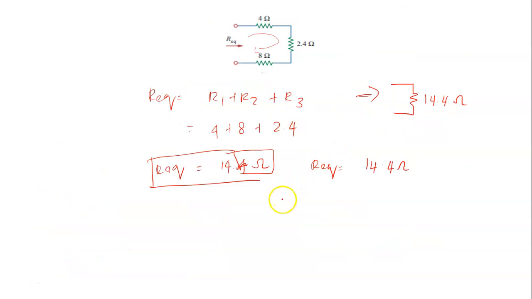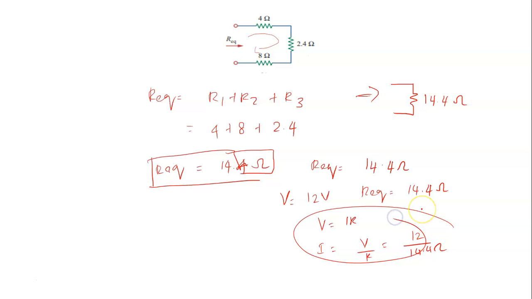How will you find it? We know voltage is 12 volt and R equivalent is 14.4, and earlier we discussed Ohm's law: V is equal to IR, so I is equal to V by R. So it will be 12 divided by 14.4. For example, it is not given in the question, but I have